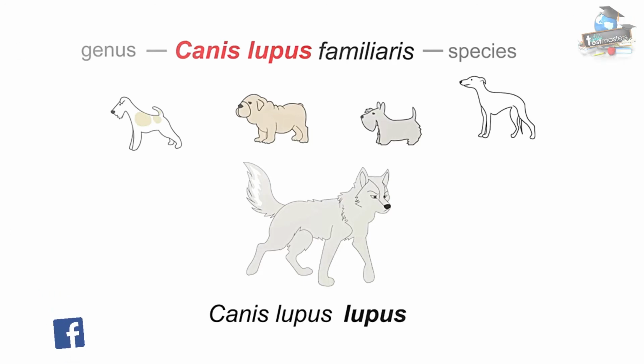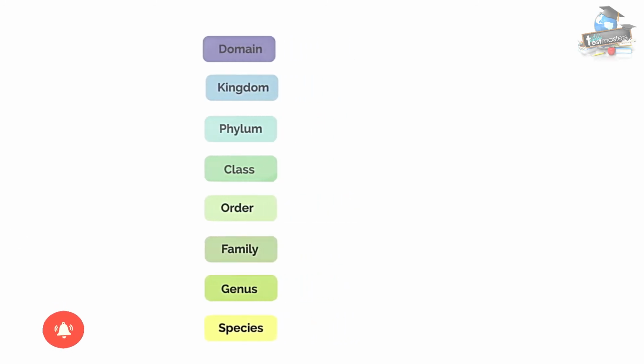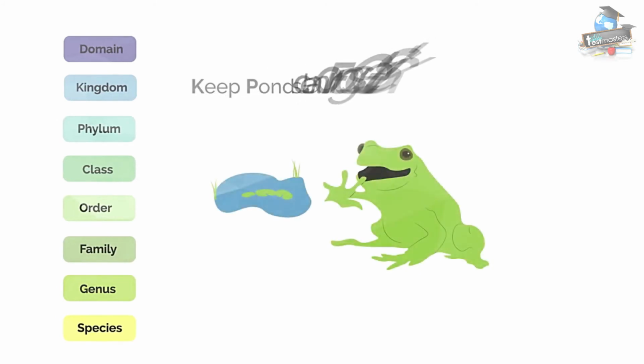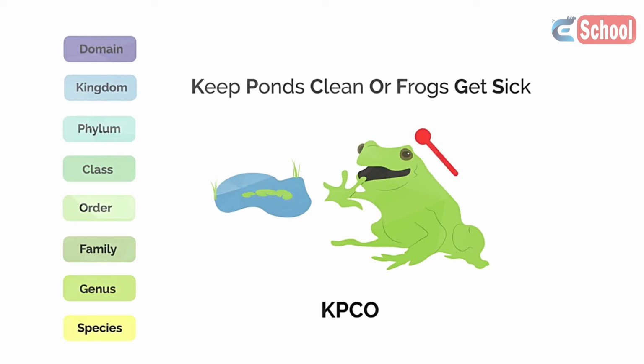Linnaeus also created higher and more inclusive taxonomic categories that encompass an increasingly broader range of organisms. The structure of Linnaeus' taxonomic groups can be seen here. You can make up a little rhyme or acronym to remember this, such as "keep ponds clean or frogs get sick." By using this system of common groupings, we can develop diagrams that show the interrelatedness of organisms based on